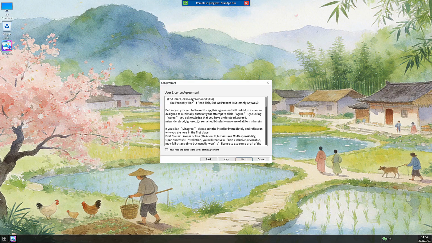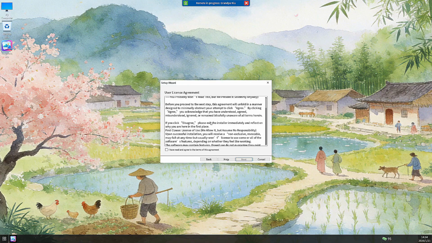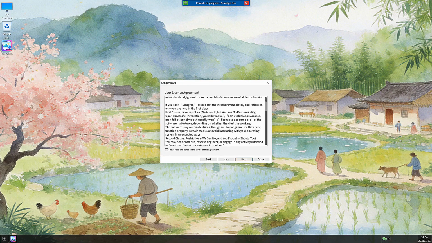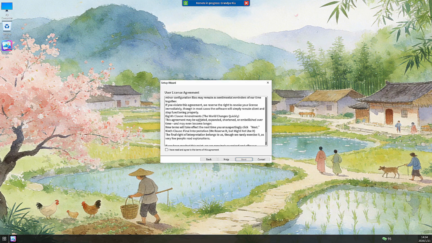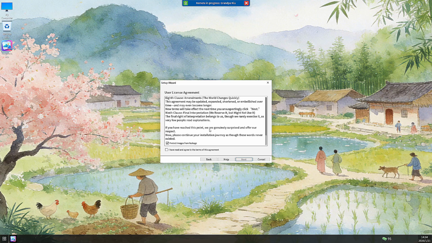Right. Oh boy, we've got to read everything here. Before you proceed to the next step, this agreement will unfold in a manner designed to minimally obstruct your attempt to click agree. By clicking agree, you acknowledge that you've understood. Okay. First clause, we allow but assume no responsibility. Is it the same copy-paste thing from before? If you've reached this point,